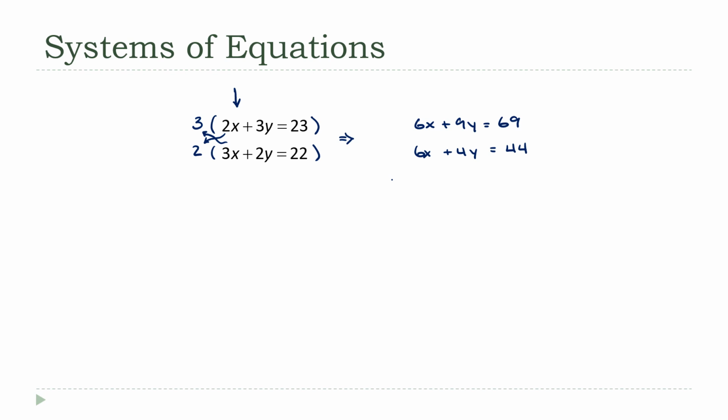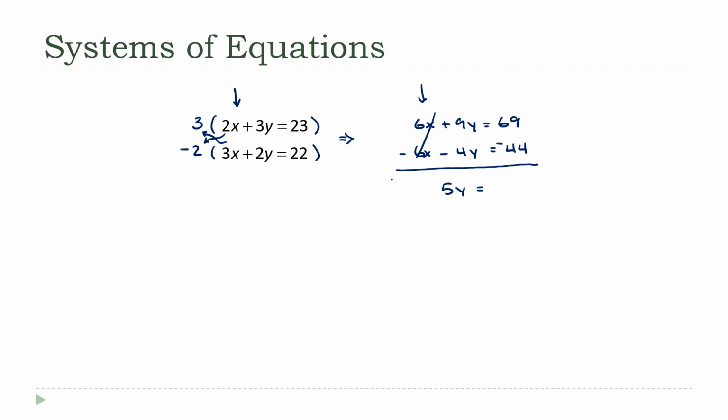And to get there, I'm just going to tweak this process just a little bit. I'm going to make that a minus 2. If I do that, this becomes minus 6, minus 4, minus 44, and now I have what I need. I have 6x and minus 6x, those cancel. In the middle, 9 minus 4, this is 5y